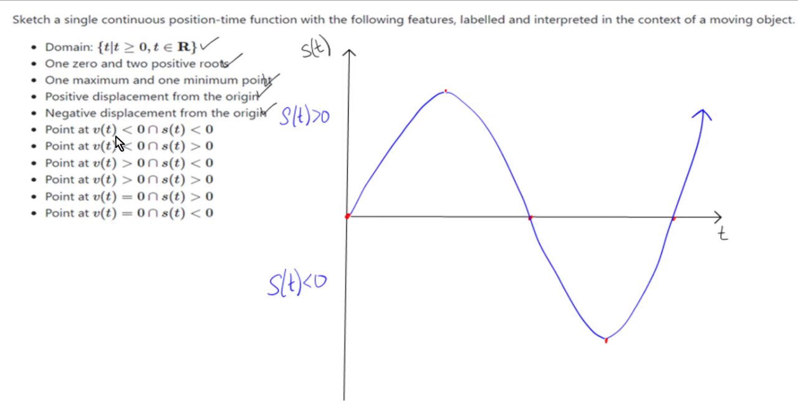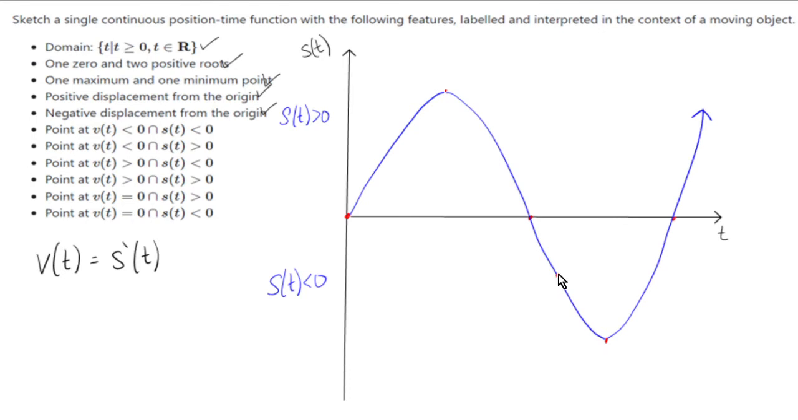Now, v of t, that is the velocity. The velocity is defined as the derivative of the position time function. So the velocity is essentially the slope of the position time function throughout its domain. So if we look at the first point that they want us to place, we want the velocity to be negative, so the slope of the position time function should be negative, and the position time function itself should be negative. So that point would be